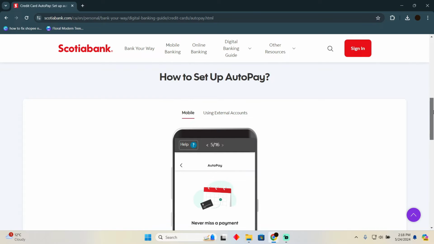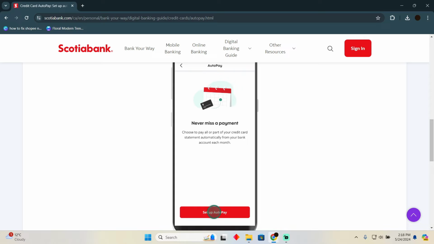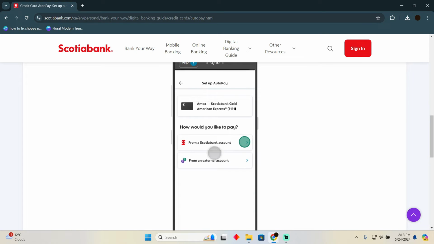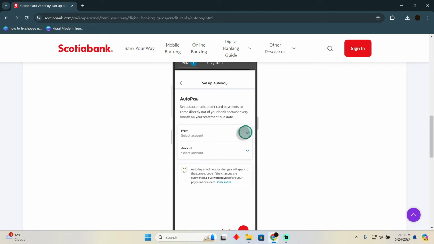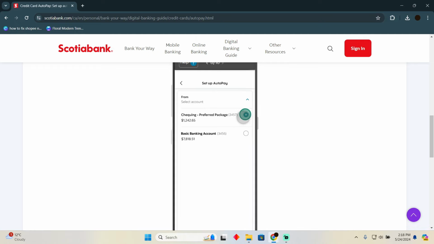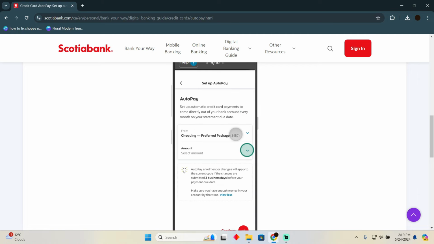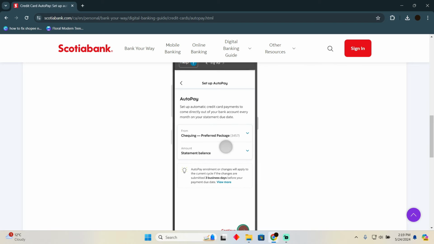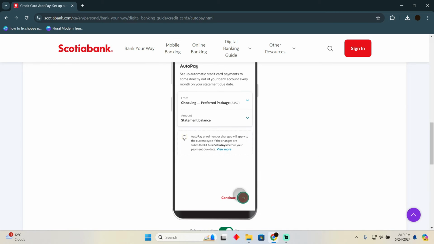Now after tapping on that, you have to go back again, and then you have to tap on or select auto pay, and you will see a page something like that. There you have to tap on from a Scotiabank account, and then select your from account, and after that select your to account. Now after selecting the accounts, you just have to scroll down and tap on